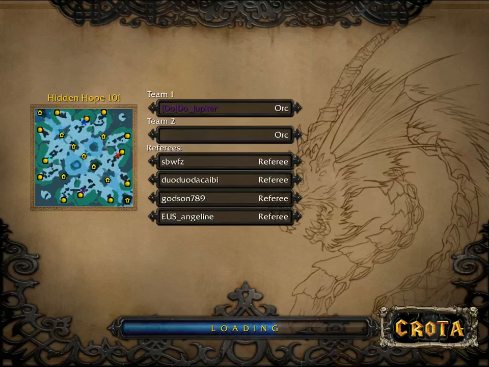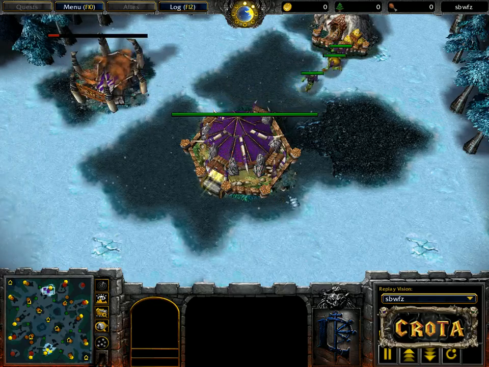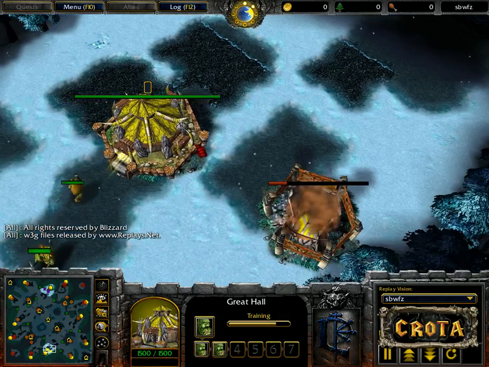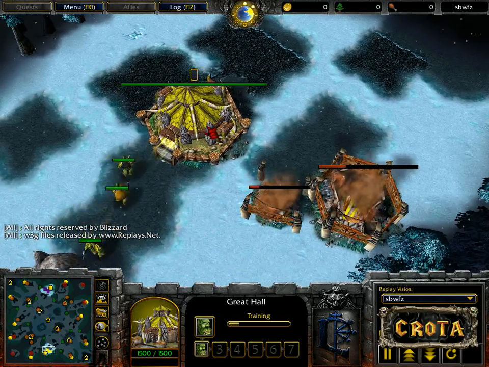Hello everyone, and now welcome to Game 2 in the series, this time taking place on Hidden Hope 1.01. Taking a look on the top side of the map at the 12 o'clock position, we have Jupiter spawning as the purple orc. At the 6 o'clock position, however, we have Xiaokk spawning as the yellow orc. This orc versus orc matchup will turn...